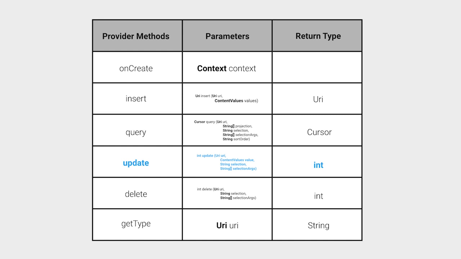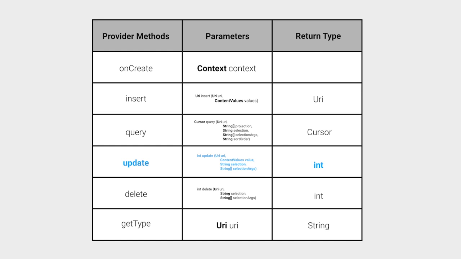The main difference here is that the update will alter some existing data by using what's in the updated content values, and it won't create a new row of data or a new URI location. And again, our app won't use this, and you don't need to implement provider methods that you won't actually use. But if you plan to make your content provider publicly accessible and share your data, you'll want to be really careful about leaving any method unfinished.